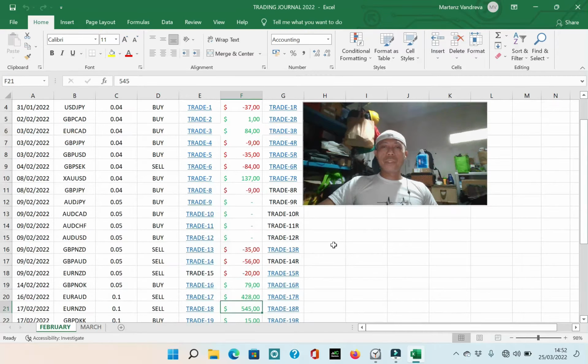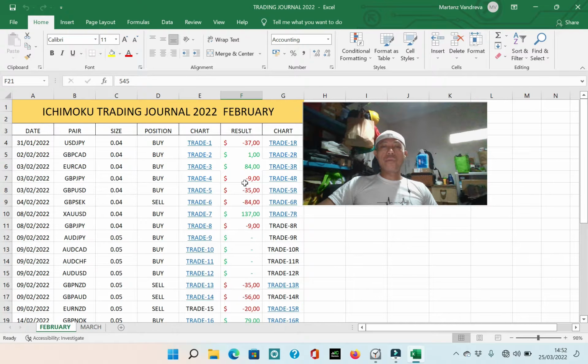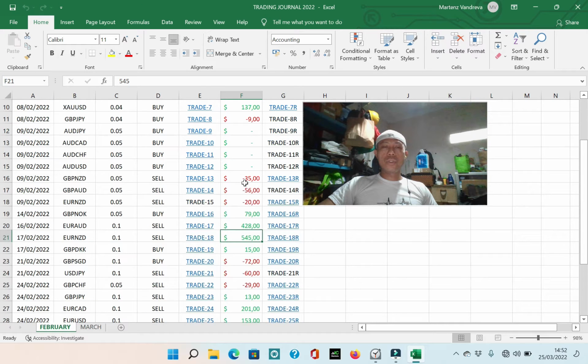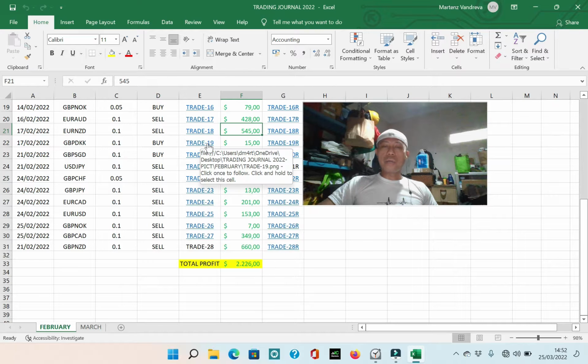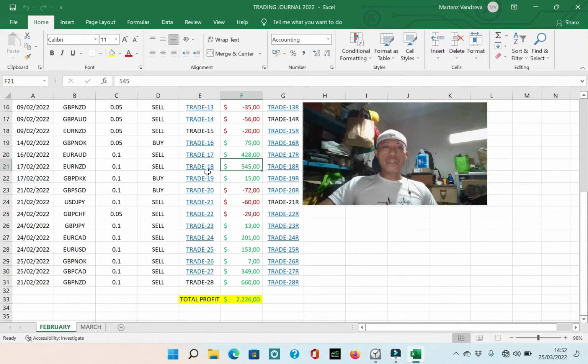$2,226. Okay, I will explain a little bit, maybe you are confused why I made this chart and chart. Basically, okay, I will show you, so it's going to be easy for you to understand. For example, this Euro New Zealand dollar, basically this is going to be linked to my other folder